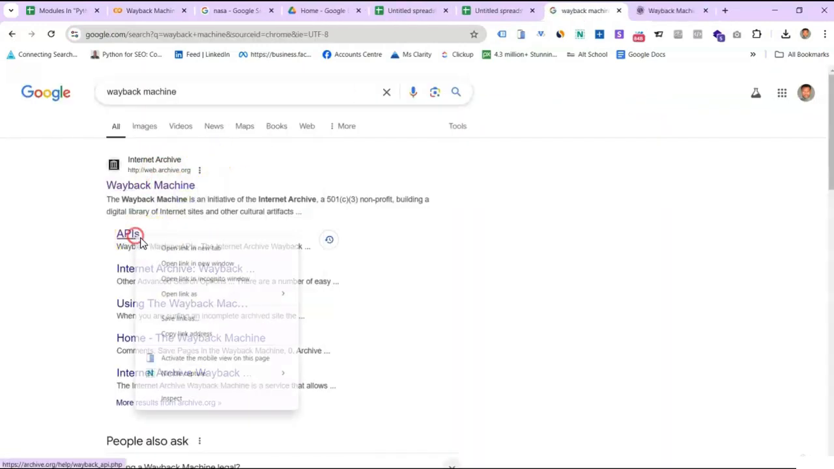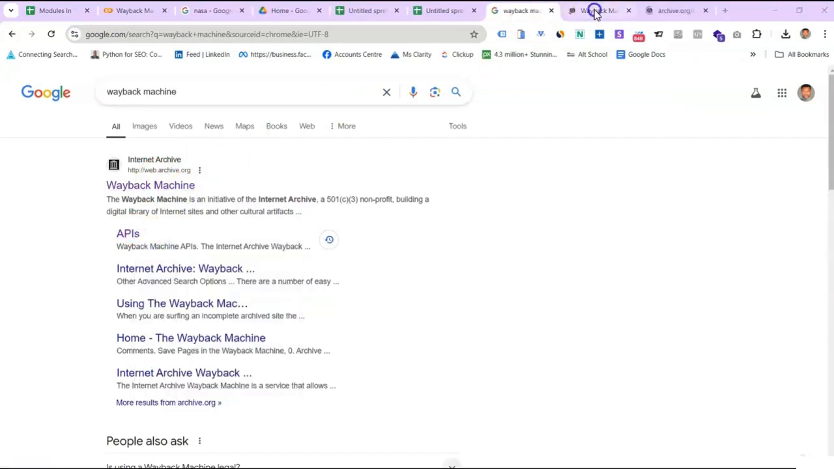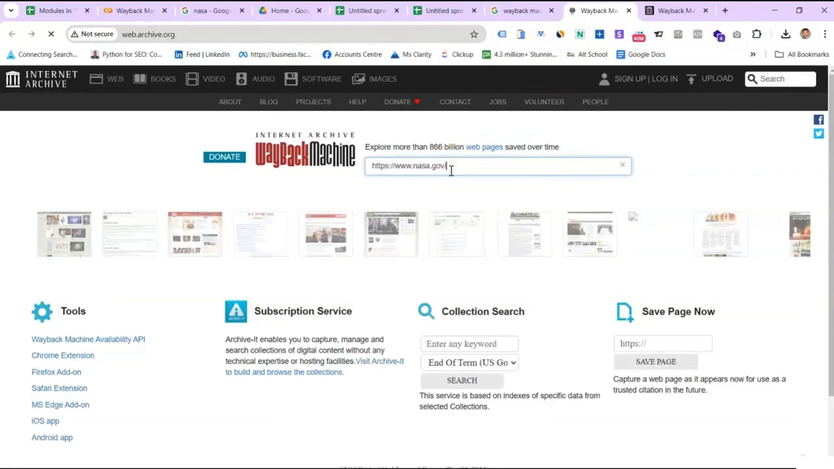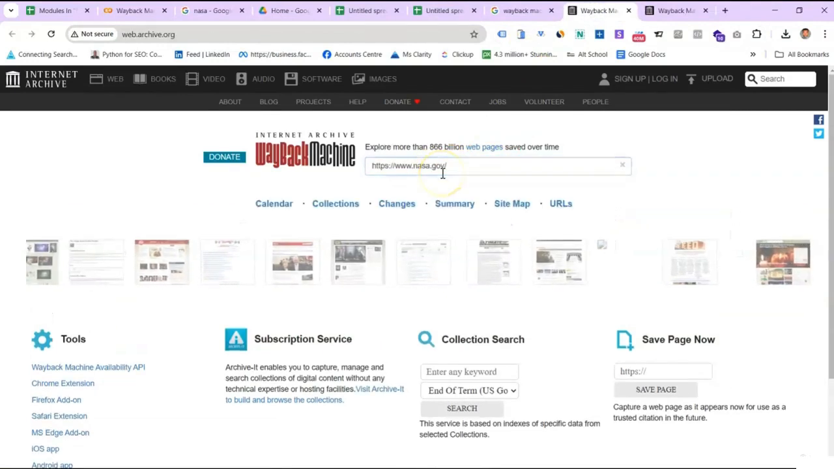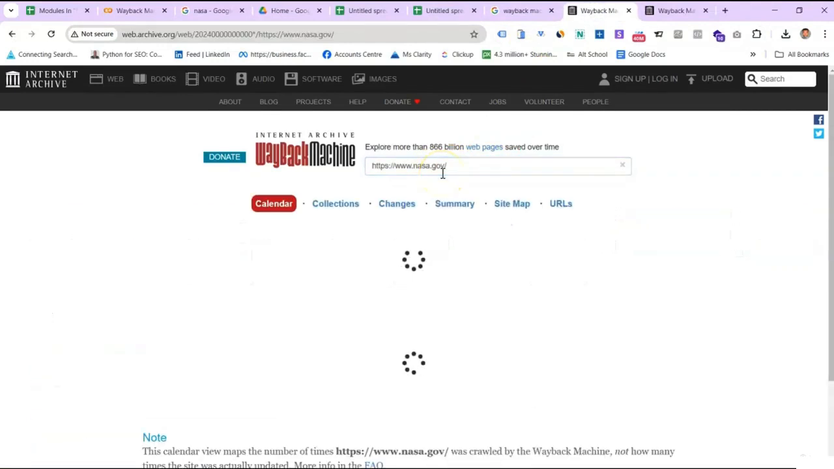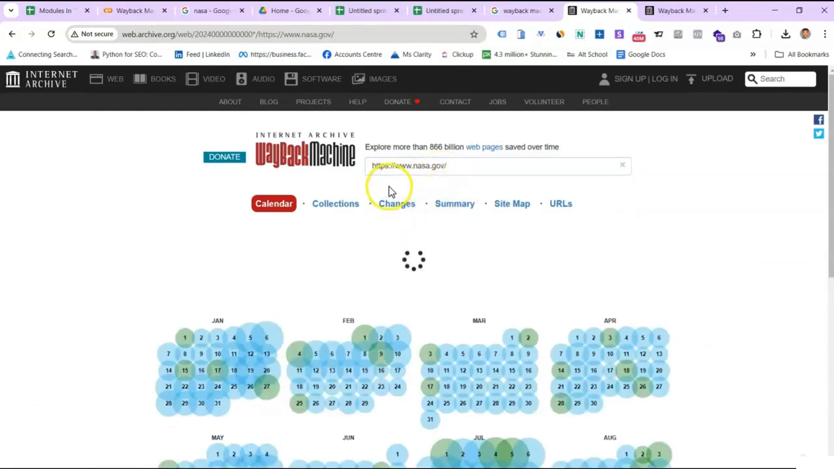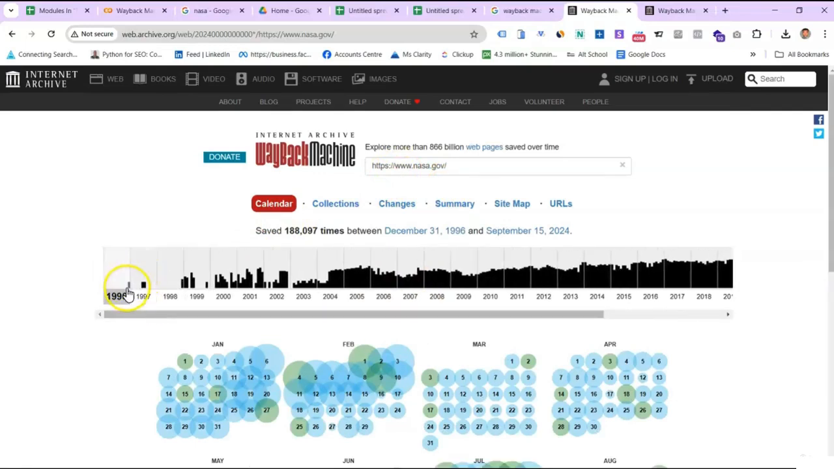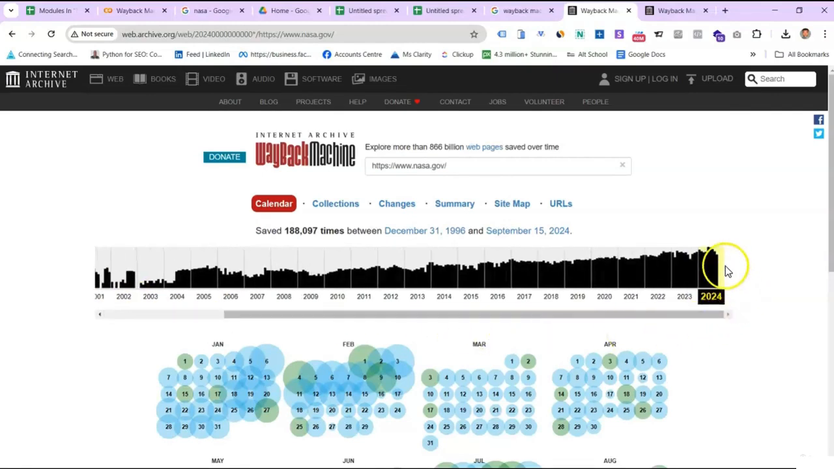This is the Wayback Machine, and this is the API. So when you input a URL here, you are able to see historical information. And as you can see, NASA has been in the index of the Wayback Machine since 1996 all the way to 2024,